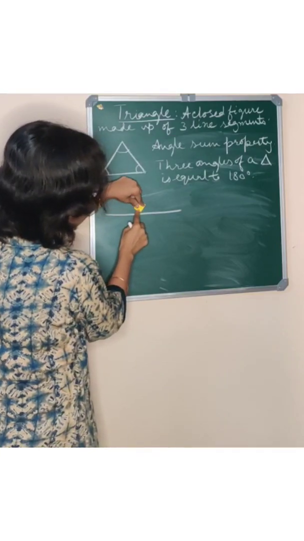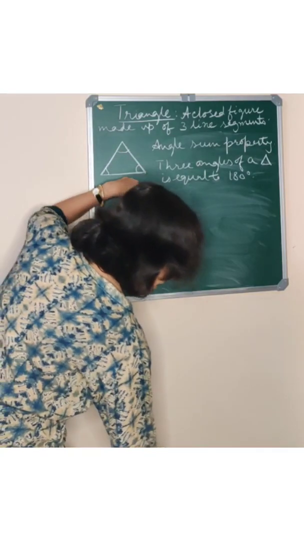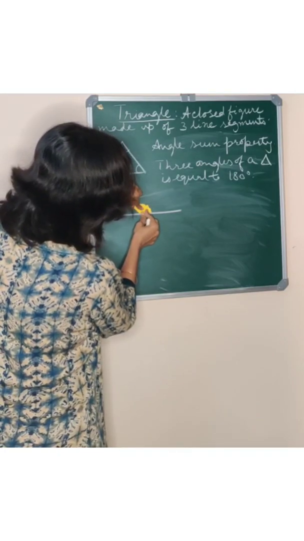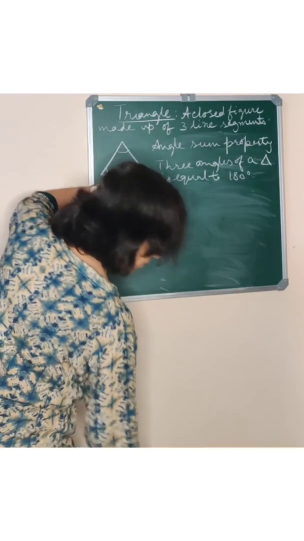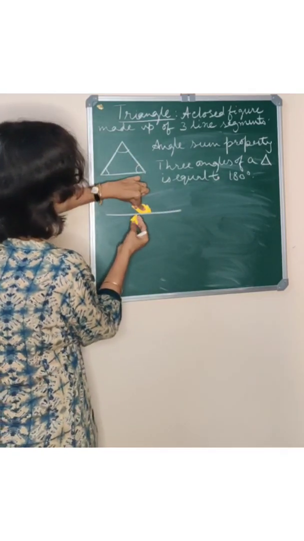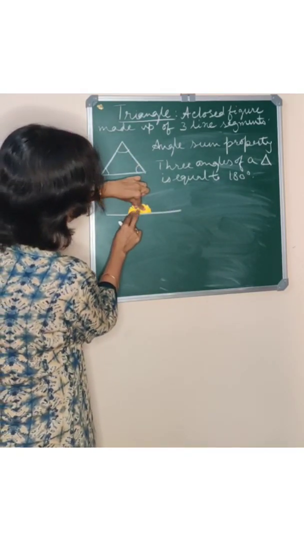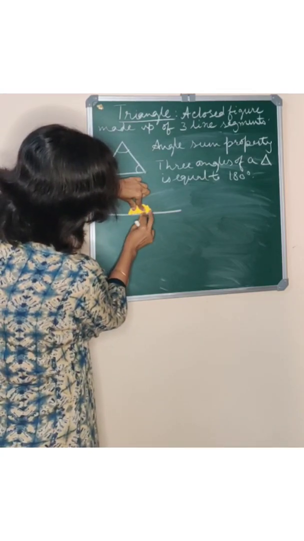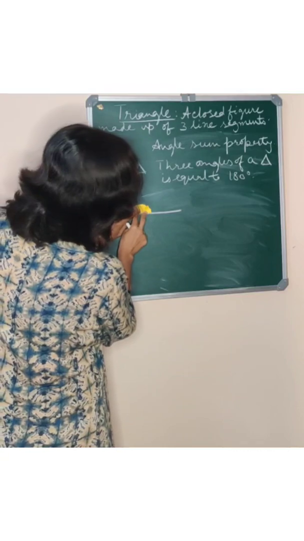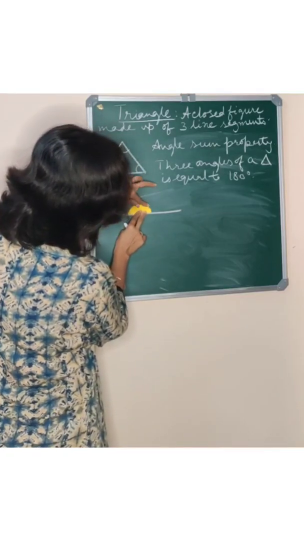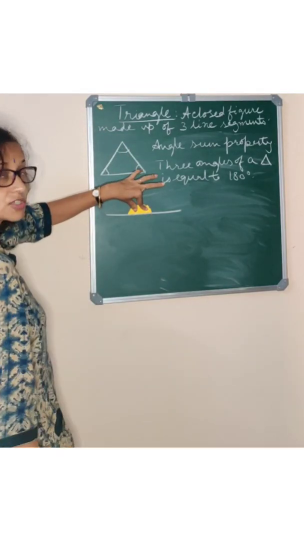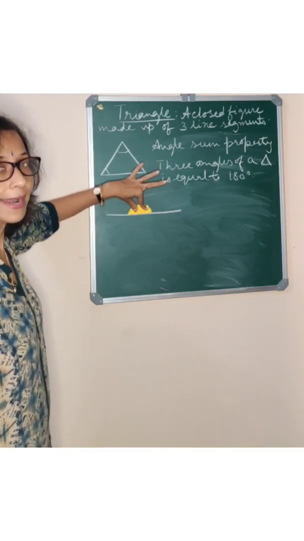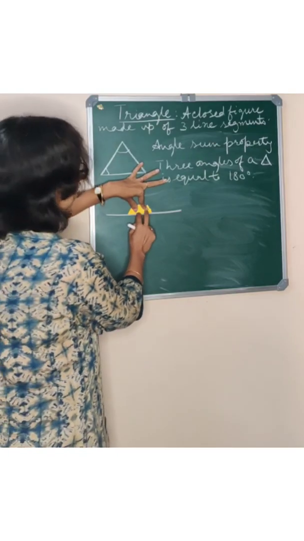Now this angle I placed here in the center. Now the other angle I placed here on the side. Now the other angle also, the torn angle, I placed on the other side. Can you see I formed an angle? Can you see that we formed an angle on a straight line? And what is the measure of a straight line? 180 degree. So the sum of three angles.